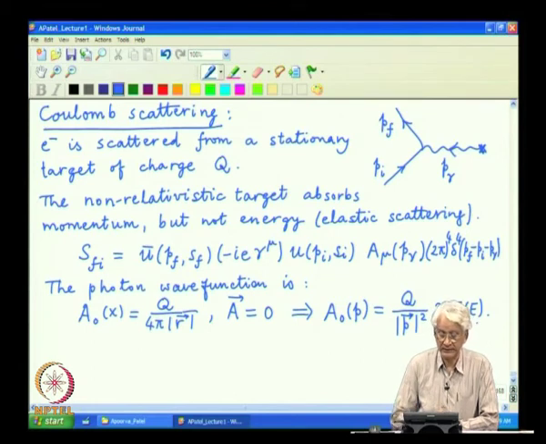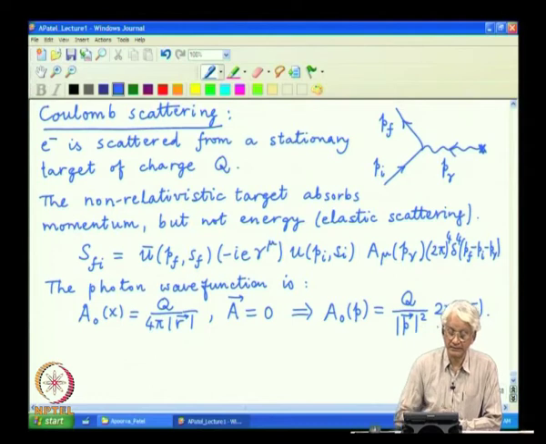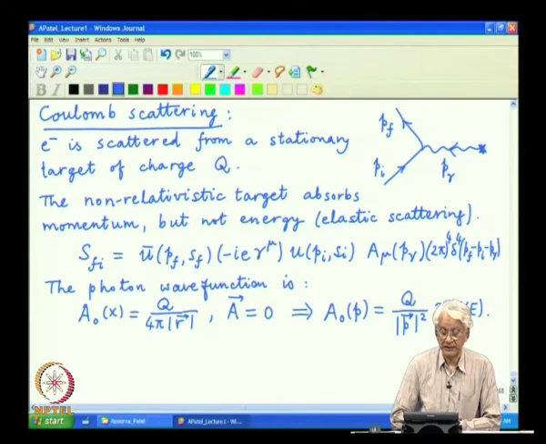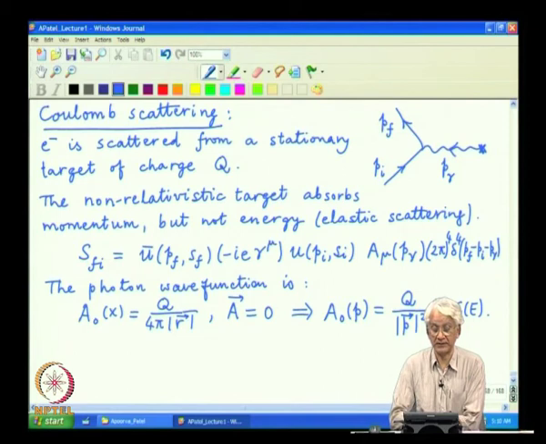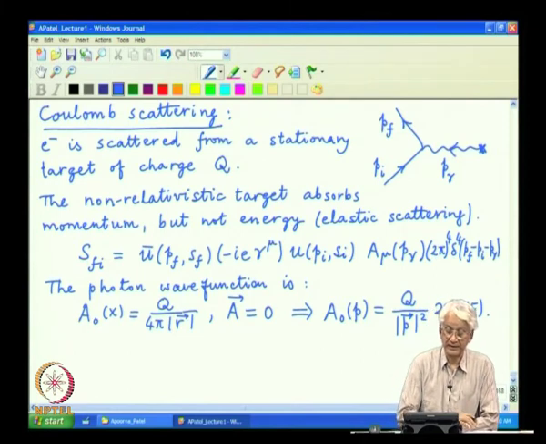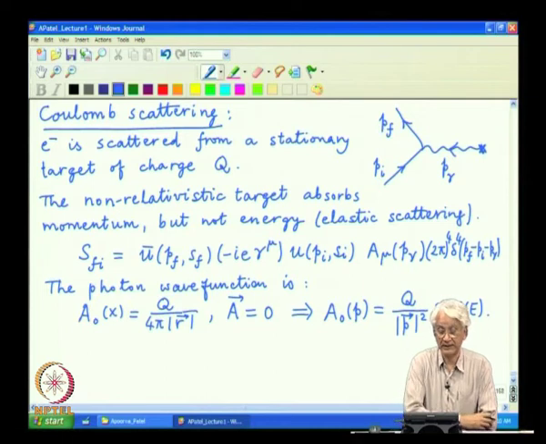The delta function is only an indication that the potential is time independent. So, now one can stick these objects into the scattering amplitude. In particular, the delta function is already absorbed in the 4 momentum delta function. One does not have to count it twice. Counting it once is enough, or well, you can count it in different ways, but all of them will amount to the same result.